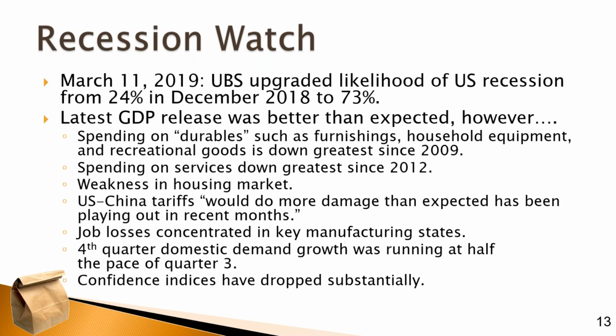UBS also points out that the US-China tariffs are expected, in their view, to do more damage than has been playing out in recent months. So they're expecting the impact of those tariffs to worsen. And so, again, hopes are that we can get some sort of resolution to this issue. There's still a lot of uncertainty, and there's still a lot of downside from a lot of the tariffs that